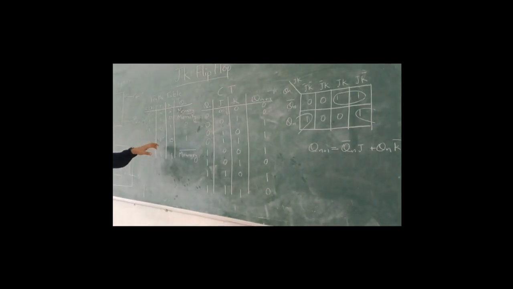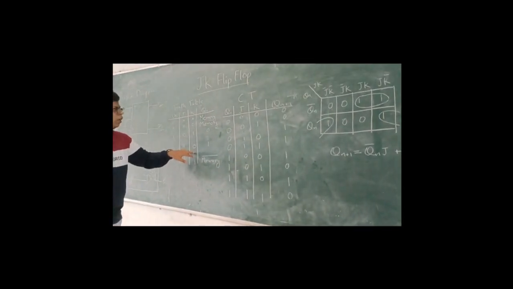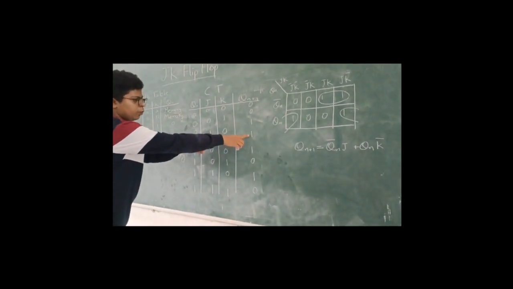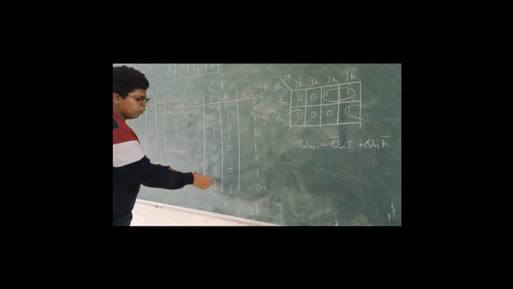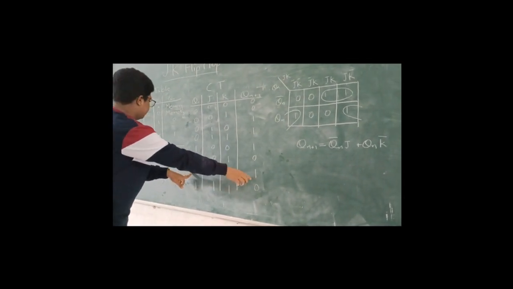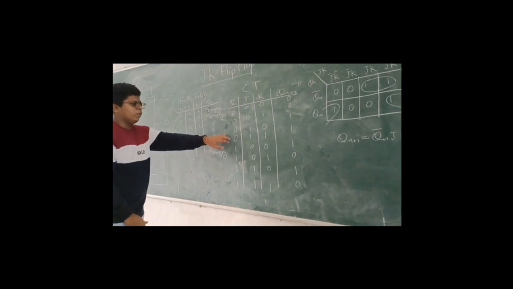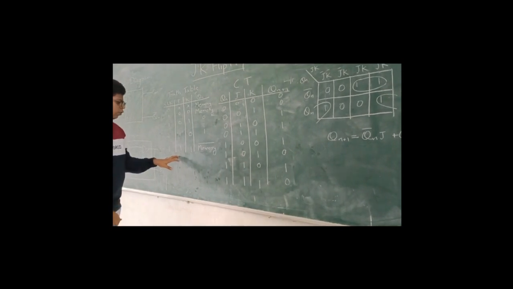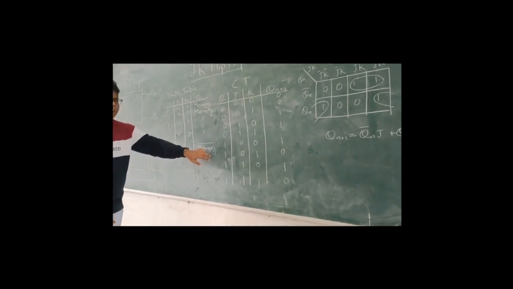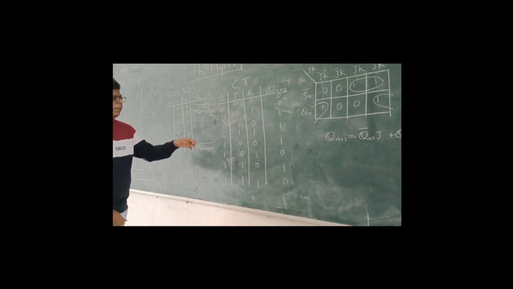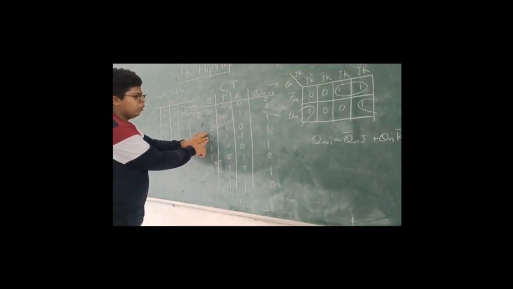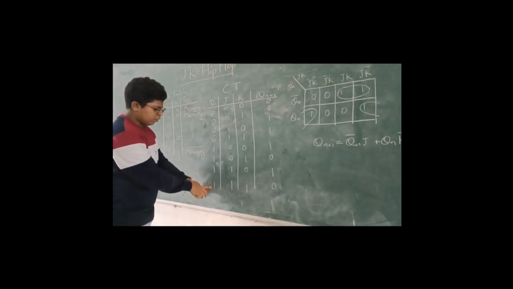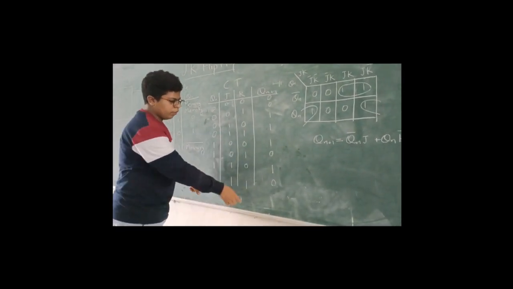With the next condition, J is 1 and K is 0. In the truth table, for J equal to 1 and K equal to 0, we get a value of Q1 which is 1. So in this case the next output will be 1, and again when Q1 is 1, for 1 and 0 it will again be 1. In the next state, when Q1 is 0, J and K both are equal to 1. In the truth table, when J is 1 and K is 1, we get the complement of the memory. Here our memory is 0, therefore we get the complement which is 1, and in the last case our memory is 1, so we get the complement of 1 which is 0.